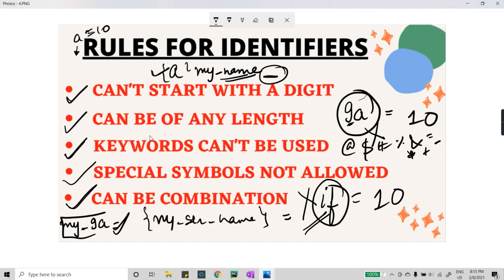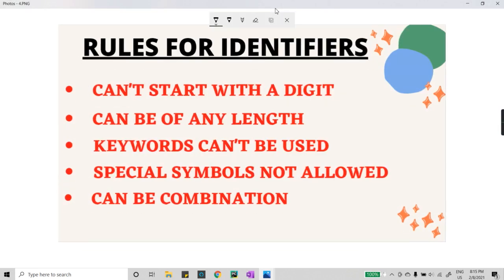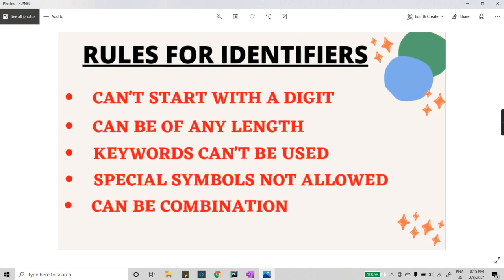And if you have just used this 9 at the very start of the declaration of the identifier, then it cannot be a valid one. But what you have done is used this 9 after this underscore. Okay, so this is a valid identifier. So these were all 5 points about identifiers, and these are the rules for how we name